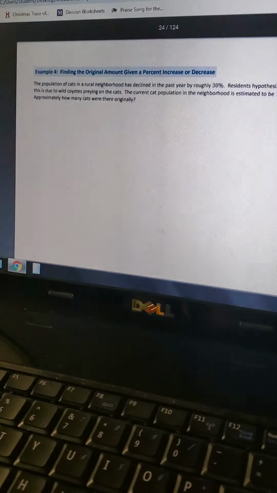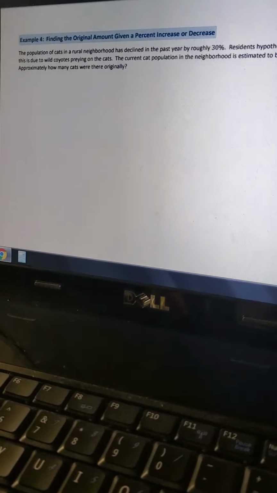Okay, so if you read through the problems and wrote your formula, this is probably what a lot of you have written. So this is whole times percentage equals the fraction or part. That's good. We're looking for the whole in this problem, looking for the W, times 30% equals